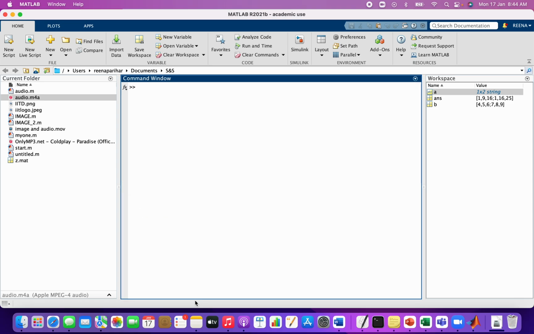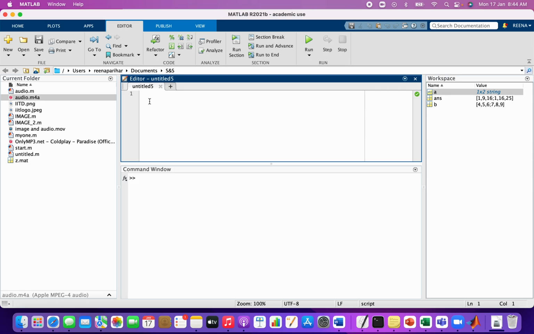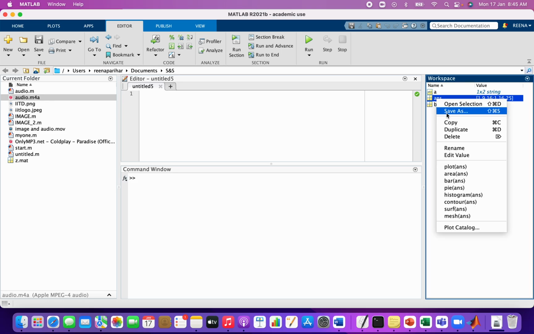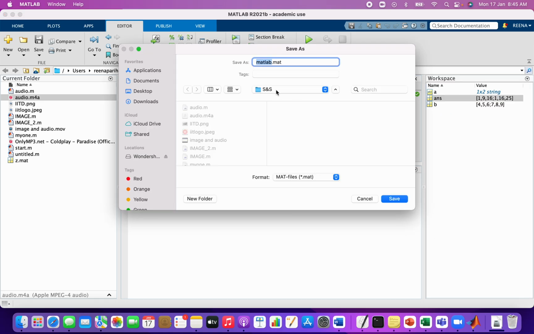Now, suppose you want to work on a long-term basis, like if you want to save a program for future reference, you're just going to work in the editor window so that whenever you want to call it up, it will come, right? So actually in the command window, you'll erase the data. Next time when you come, it will not be there, right? So better, if you want to save that thing for the future, you should work in the editor window and save it. One more thing is there. If you right click on this variable in the workspace, save as, it will be saved in the mat form, and